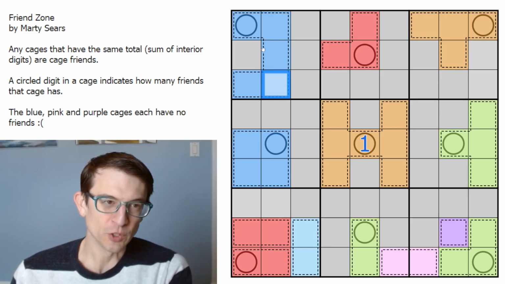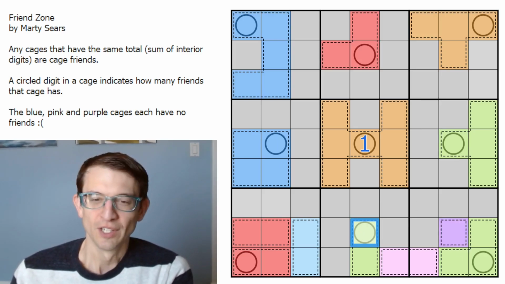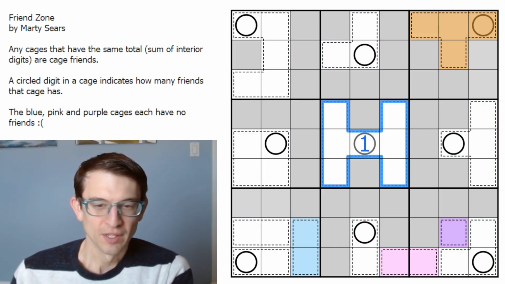Now, what's going to end up being true is that the blues all have the same number in their circle. The reds have the same number in their circle. The greens have the same number in their circle. This one doesn't have a circle, so that one's kind of special. Why is that important? Well,